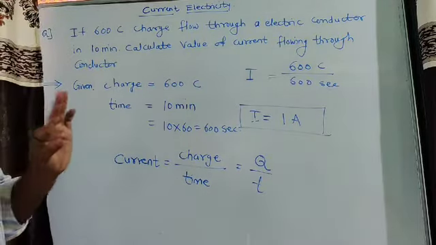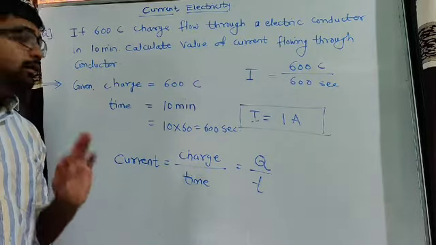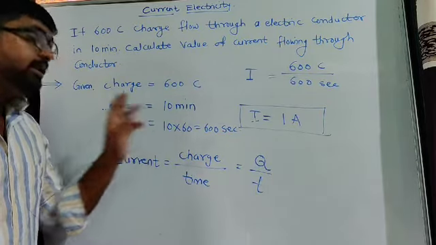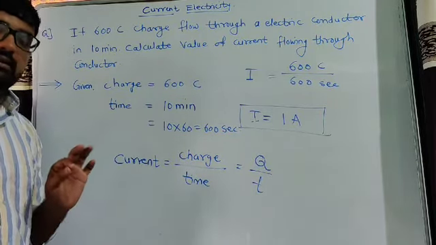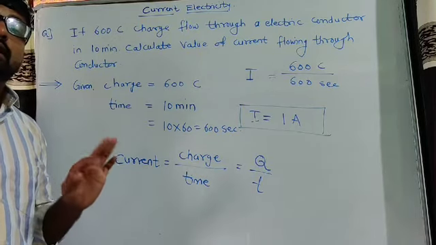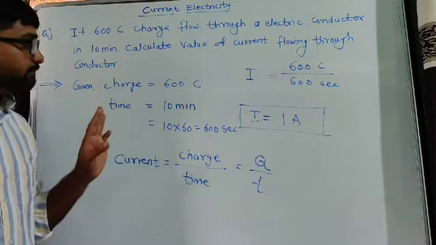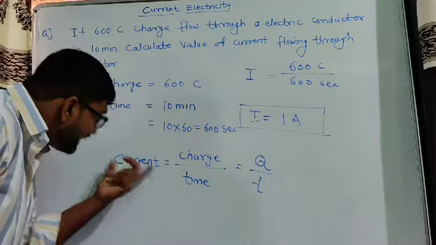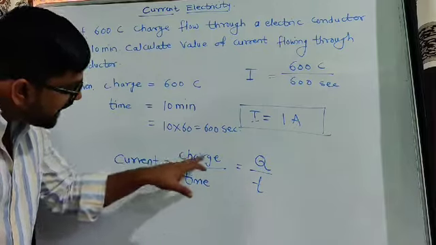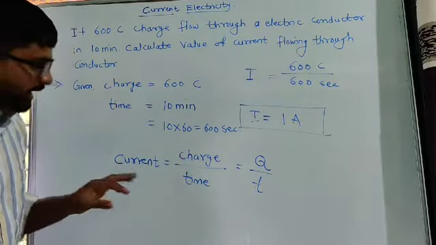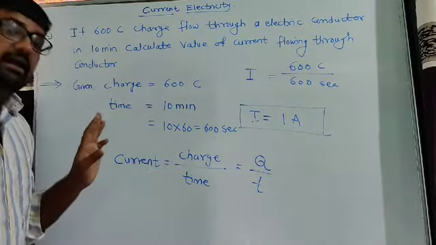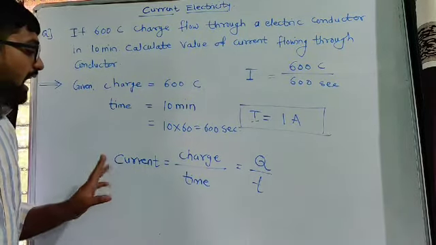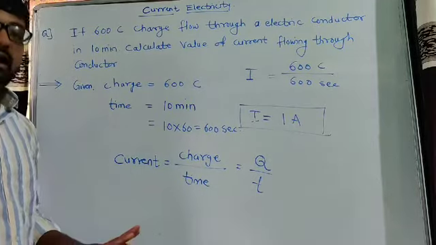Look at, whenever we solve a problem, we have to follow these rules. We cannot directly take time as 10 minutes. Okay, so these are the rules that we have to follow when solving problems. So time is 600 seconds. We know electric current is nothing but the charge per unit time, that is, the charge divided by time, whose formula is Q divided by T. I is equal to Q divided by T.